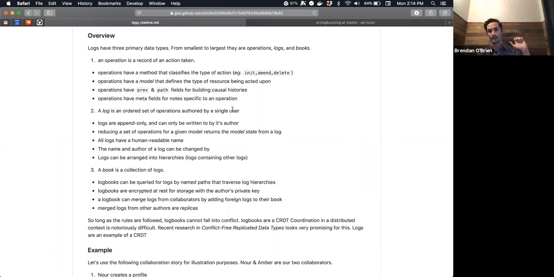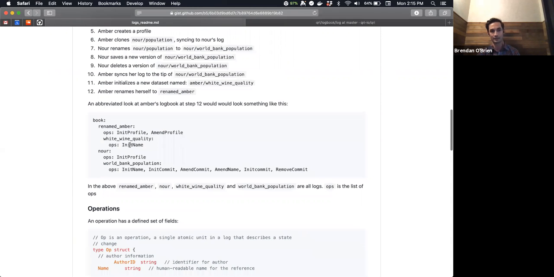So in the query space, the top level is always going to be a username. So you would have a log for a username. And then that log will contain child logs that are names of data sets. And then those logs will contain child logs, which are names of branches. To give you a sense of how that might look in a very abbreviated sense, we would have a book, which is a collection of logs,